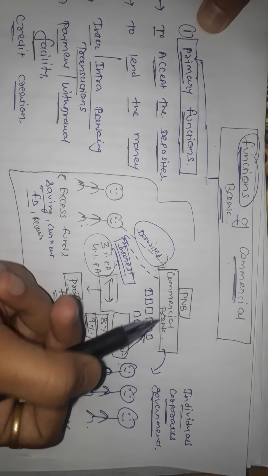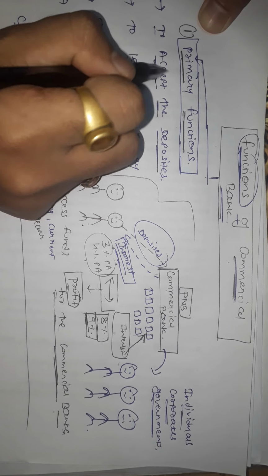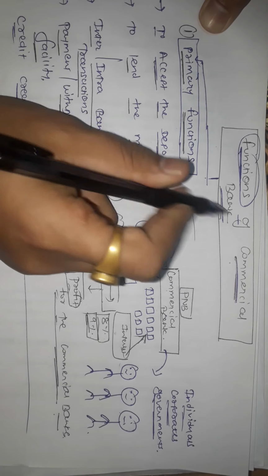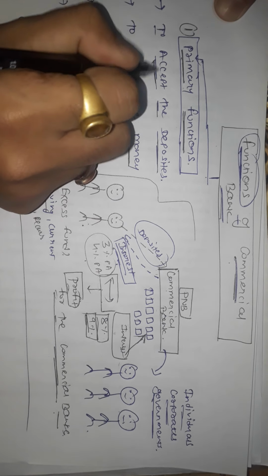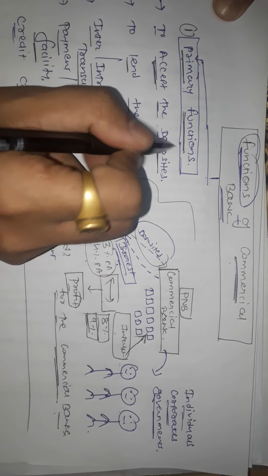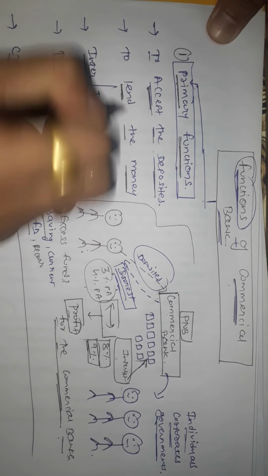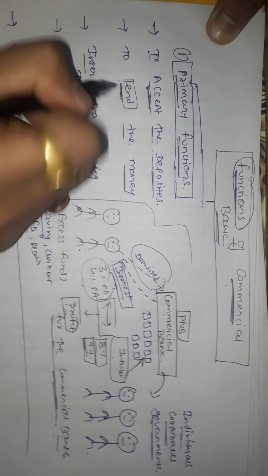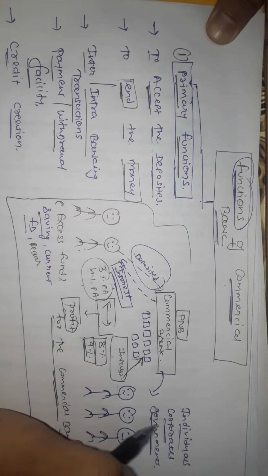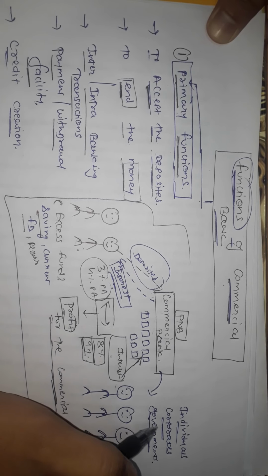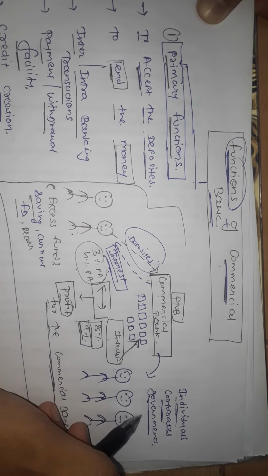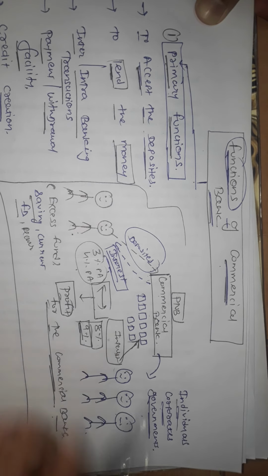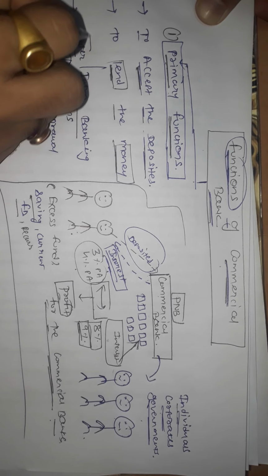So now we come back to our topic, the functions performed by commercial banks. The first function performed by the commercial bank is to accept deposits. Second, they are lending money. To whom? Needy people, and usually that includes individuals, corporates, and governments. They are taking the loan from the commercial bank. Third one,